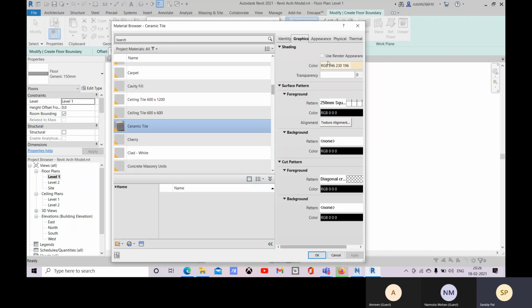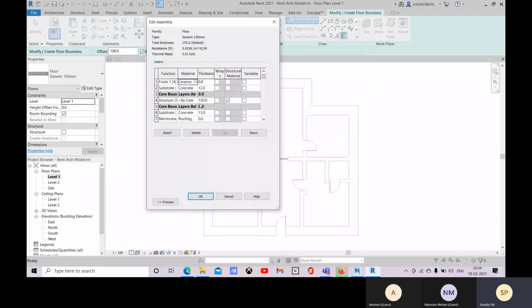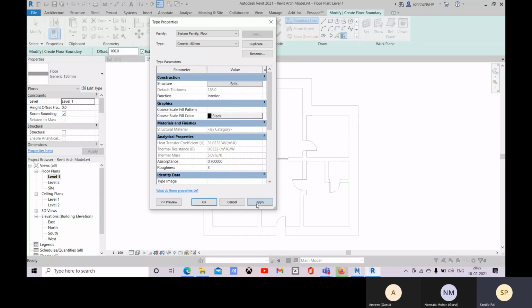Okay, so let's go with this. Click on apply and okay. And what is the general thickness of tiles, like 10 millimeter or 15 millimeter? 10 mm. Okay. So now this is the total thickness for your floor, 185, and you click on OK and you apply it.